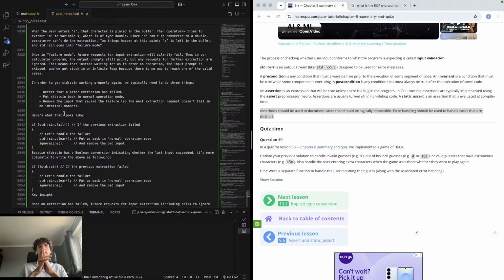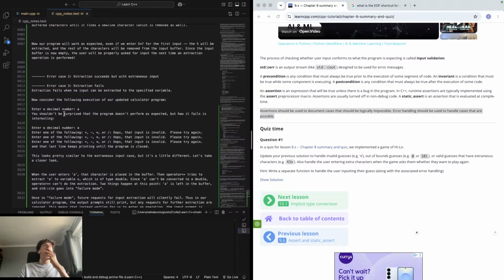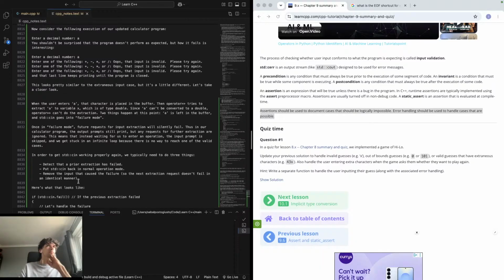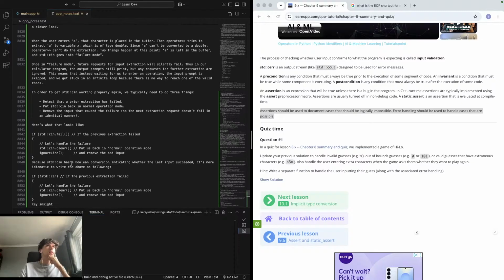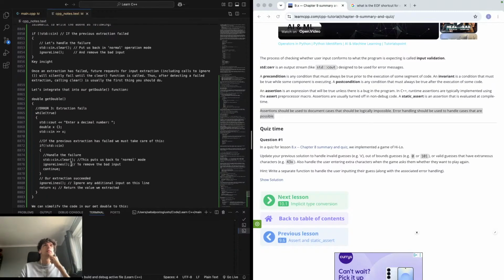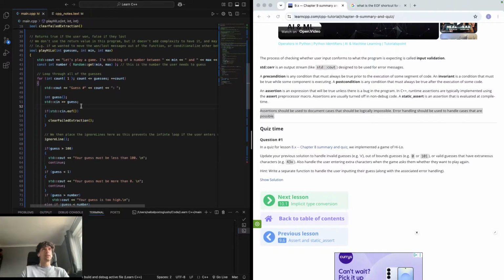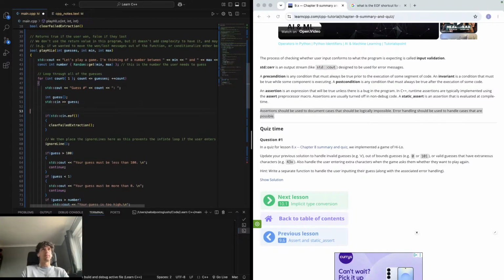If standard detect the fan. So if standard so then in here, so that's checking for